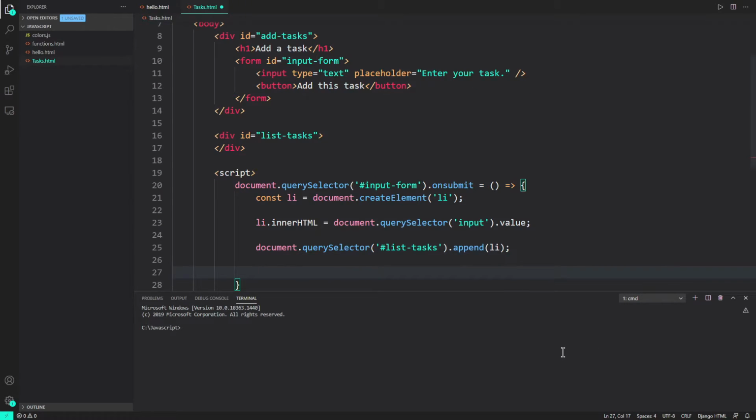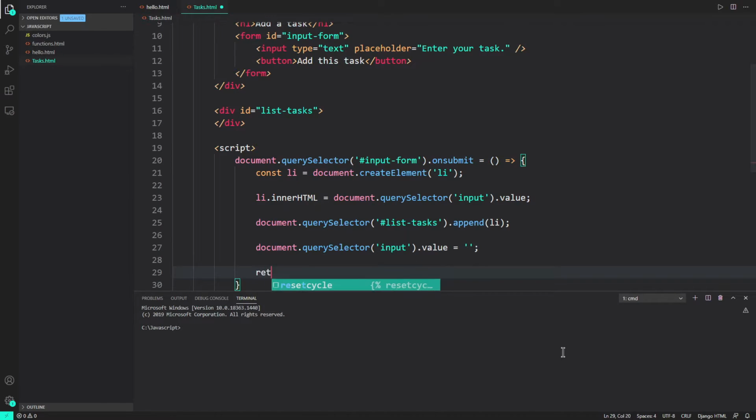And after we have written this, I'll just clear my input bar again. I'll say input dot value equals, then just clear it. And at last I'll write return false, so it prevents the form from resubmitting itself.